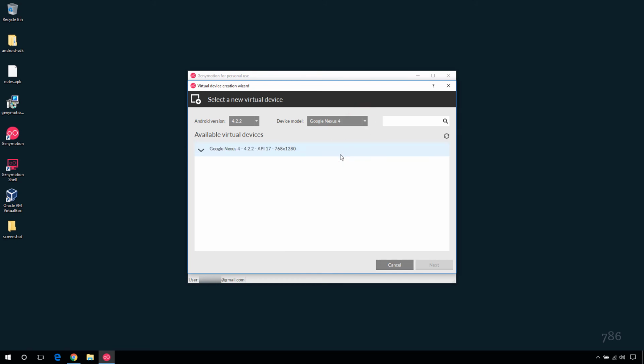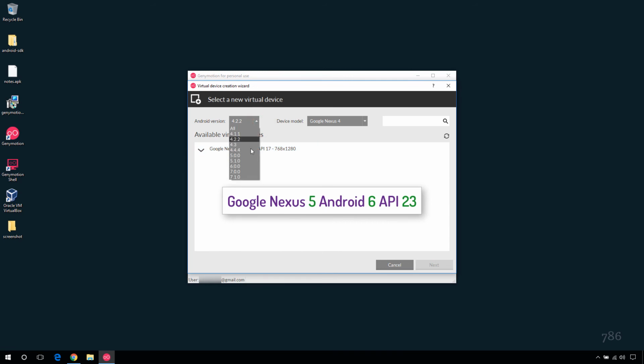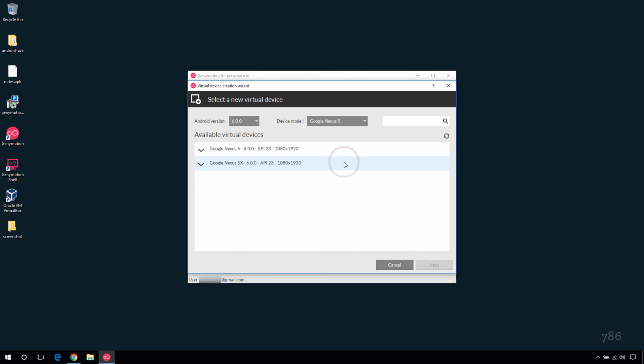Choose a device that you would like to test on. Let's add Google Nexus 5 Android 6 API 23. Click Next.